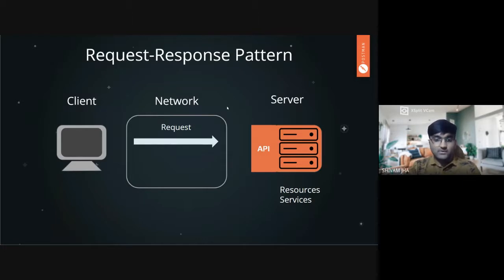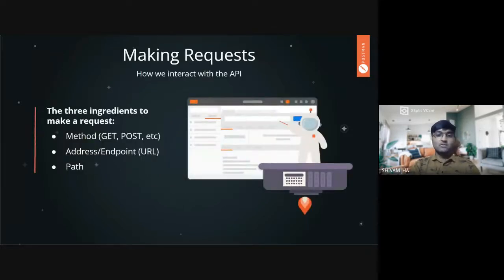We'll see it soon. Once the request is processed in the server, it can include anything, any action that you have specified: updating data, deleting data, getting something from the server. Then this API layer communicates the response back to the client. Now, first of all, let's see making a request. What's the general form of a request?